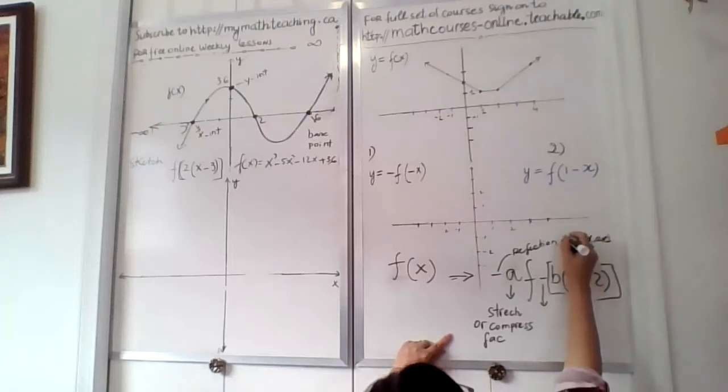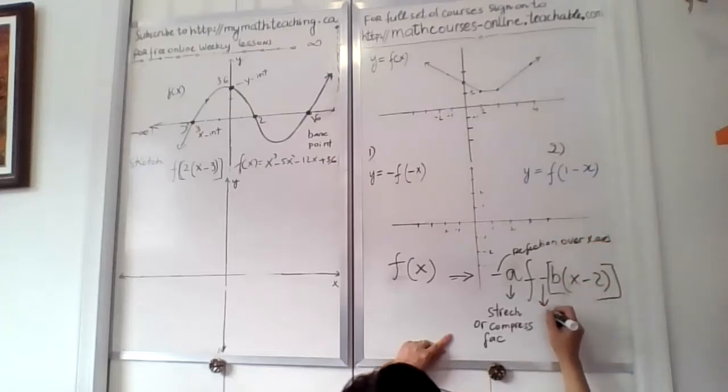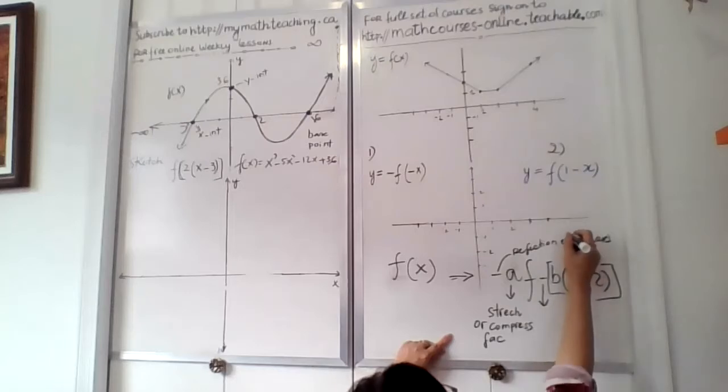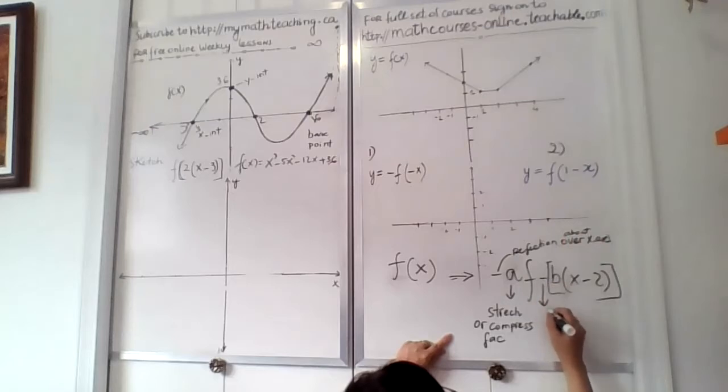Now, a lot of people say "about." I like to use the word "over." I don't know why, but anyway, you can say "about" or "over." Usually they use the word "about." So the negative here is the reflection over the y-axis,